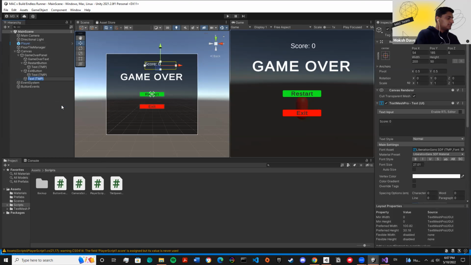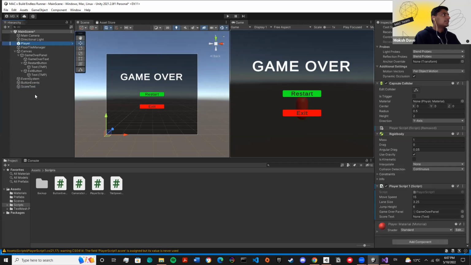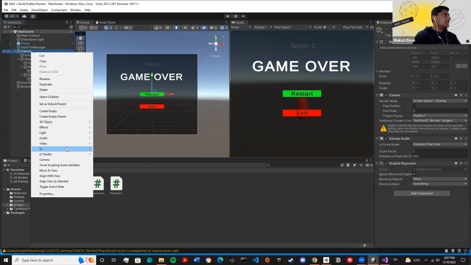I'll just rename that to score text. And I'm just going to move it out of the game over panel so that it's displayed always, not only when the game over panel is there. Okay, so multiplayer. I will drag score text. Oh, oops, I moved it out. Okay, it's not letting it. Yeah, I think I might need to create